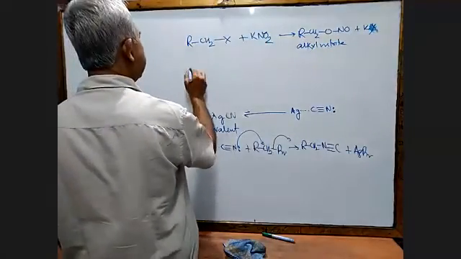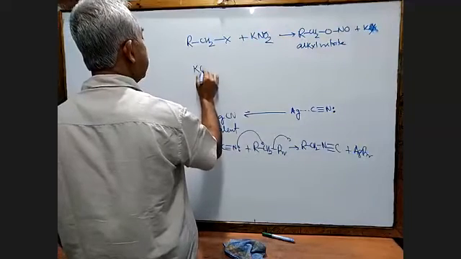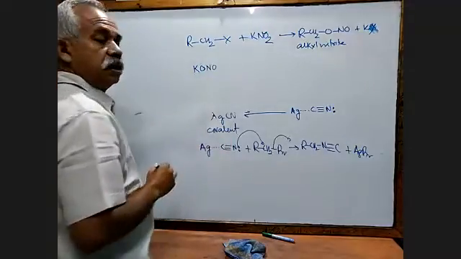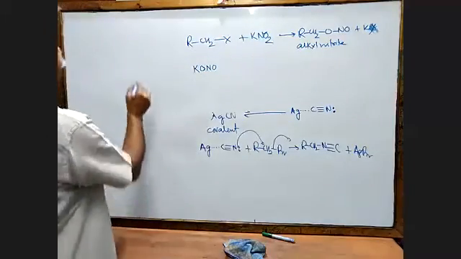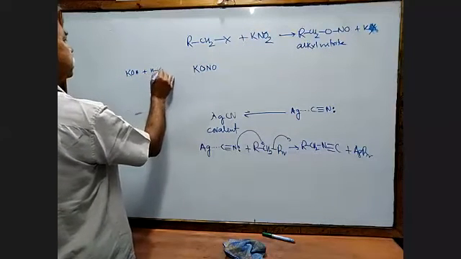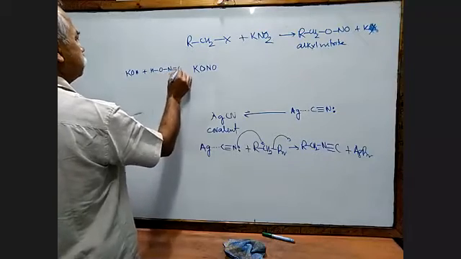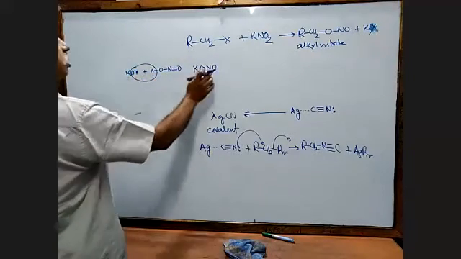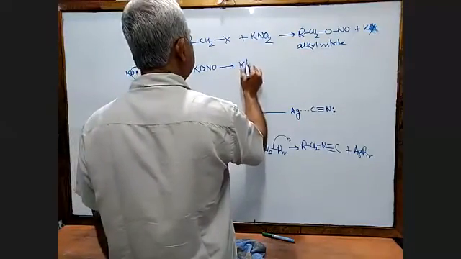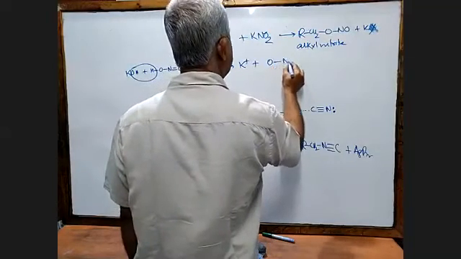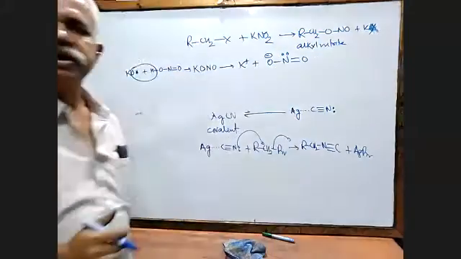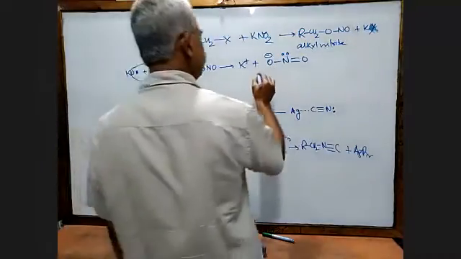So I write it here only. How does potassium nitrite look? Though I write it like this, it is the potassium salt of nitrous acid. See here. Potassium hydroxide reacts with nitrous acid; this is its structure. So potassium nitrite will ionize to give you the nitrite ion with O and O. Look here, dear, this is also an ambidentate nucleophile.